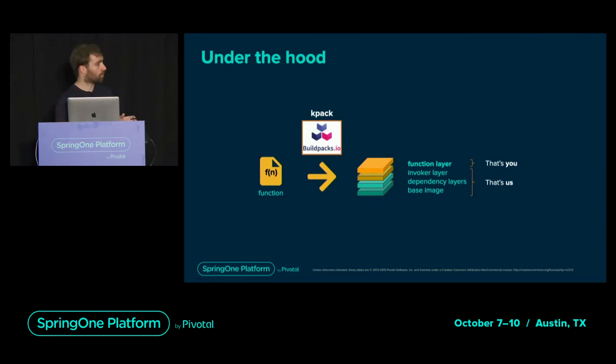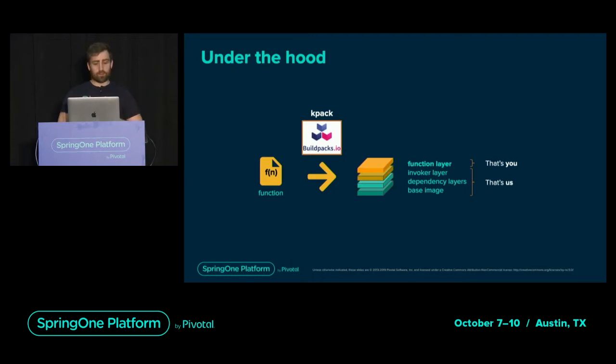As usual, you provide the function, and the buildpacks will try to layer the image in such a way that whenever there is a vulnerability at some level, you don't need to change the other layers, for instance, so that updates are minimal, so fast to apply. Also, given the structure, it's easier to have a consistent set of deployments across your organization, like using the same base image, for instance.